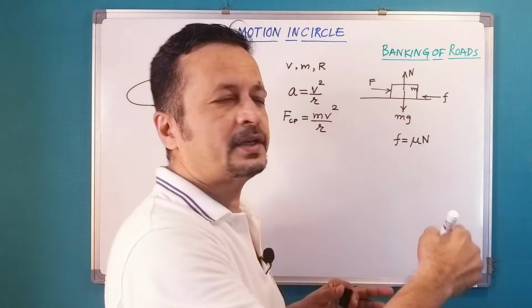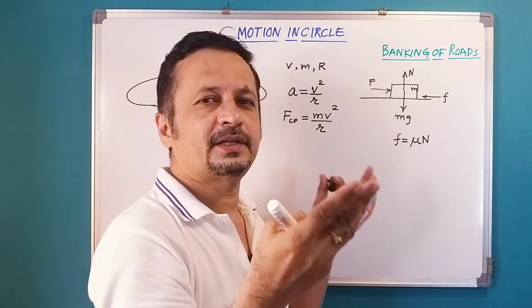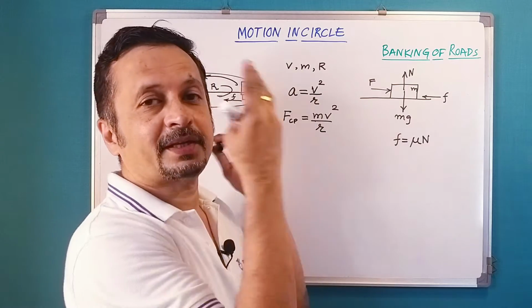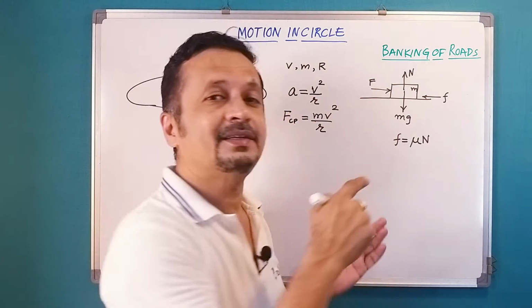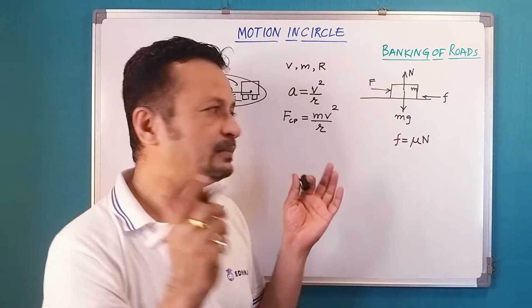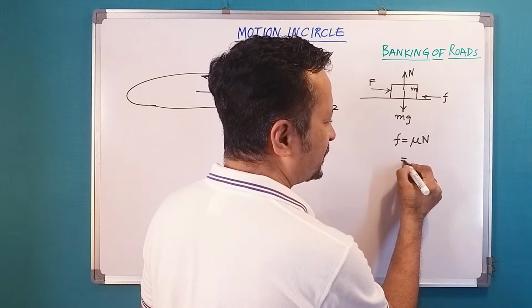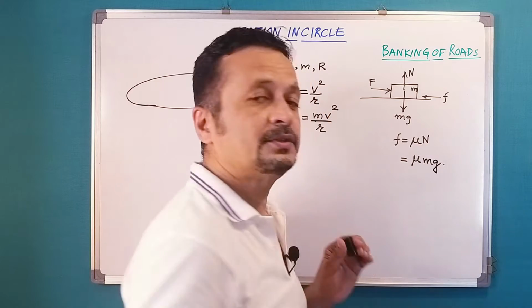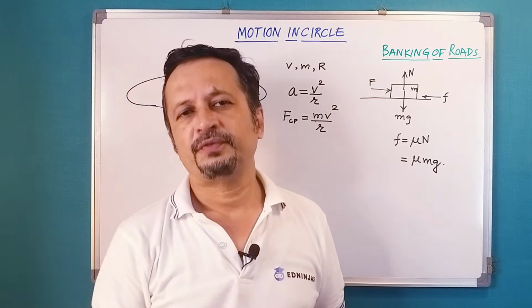But over here there is no force acting in the vertical direction apart from mg acting vertically downwards and the normal force acting vertically upwards. So we can say that N, the normal force, is equal to mg. So this force of friction would be equal to mu times mg,